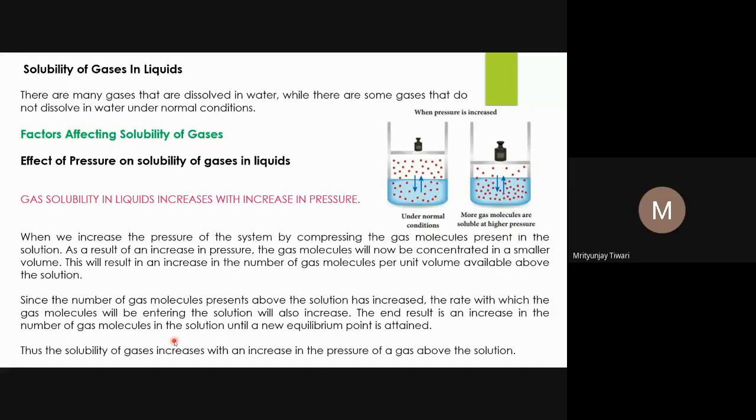Now, if more gas molecules go into the solution, here you are compressing the gas. While compressing, suppose no gas molecule has gone into the solvent, it has not mixed, the same number of particles are there. Now we have decreased the volume, so the number of particles is the same, the number of moles is the same, but the volume is decreased, which means the concentration has increased. If the concentration has increased, you can understand this in terms of equilibrium, in terms of concentration itself.